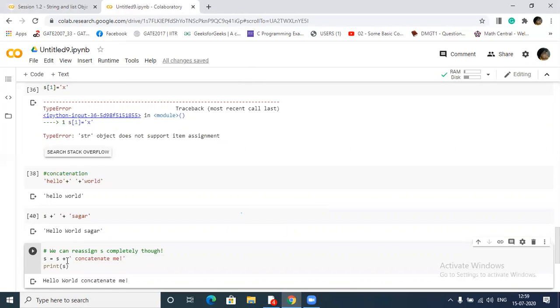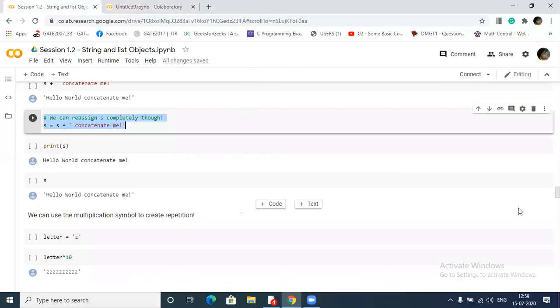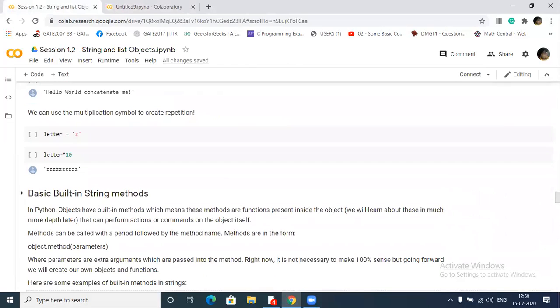Okay, what it is doing: hello world concatenate me, and the entire string will be replaced back in S, and we are printing S here. It's an easy topic, but everything is important.